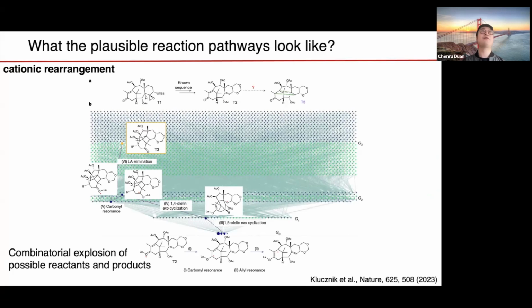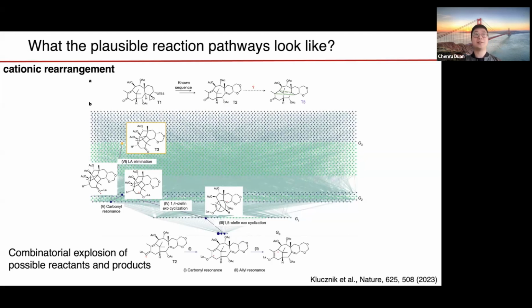So you can see, starting from simple three species at hand, when we try to build a reaction network about how those species transform from each other, there are so many intermediate pathways that they can take, so that they end up with millions of intermediate steps and transition pathways across those potential reactants and products. And this is the well-known combinatorial explosion of the possible reactants and products when we build a reaction network,